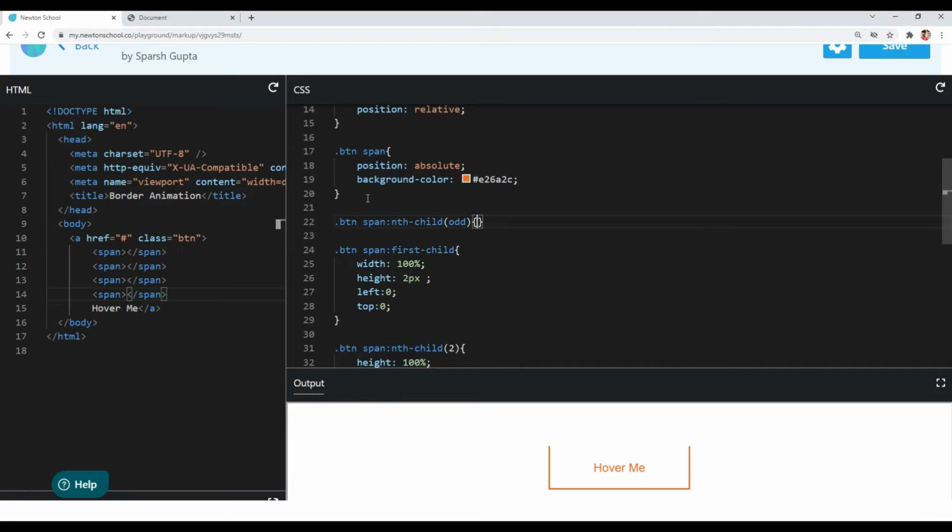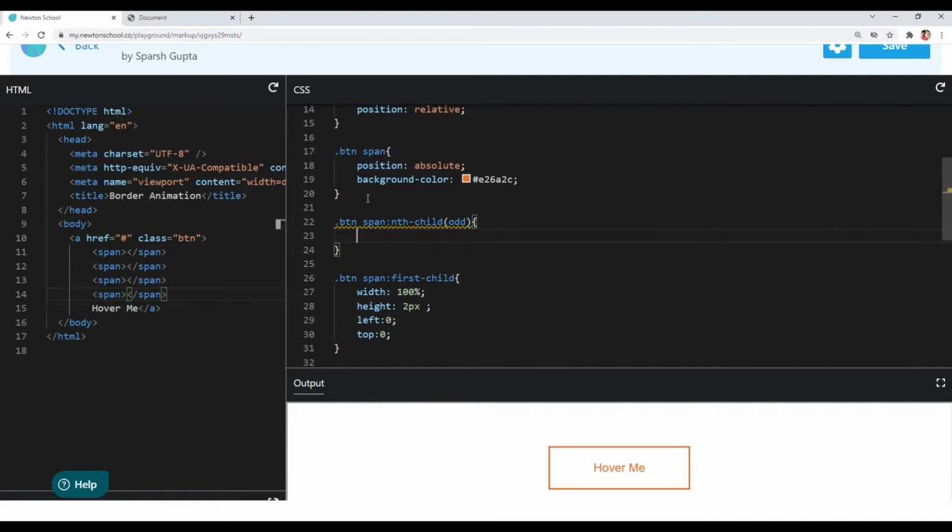Since 1 and 3 are odd numbers, odd numbers are basically 1, 3, 5, 7, 9 and so on. This selector will select the span elements that are at odd places, so it will select the first and third span elements. And that is what we want.